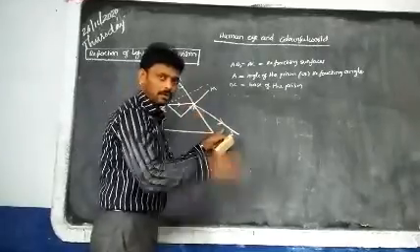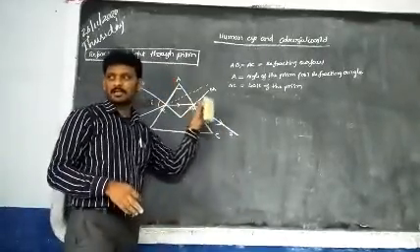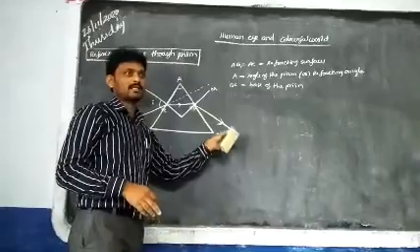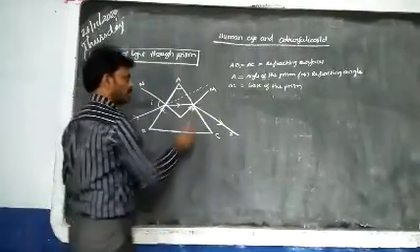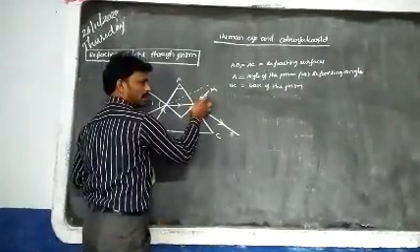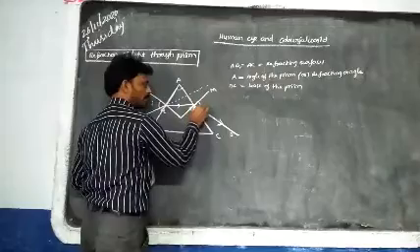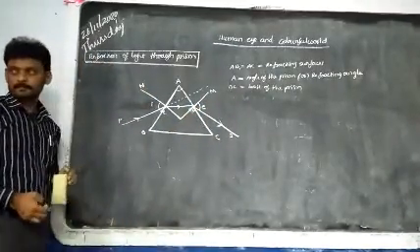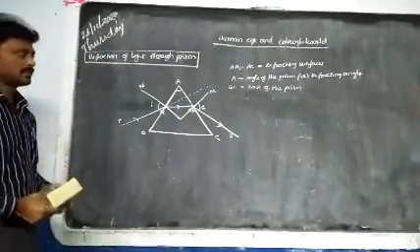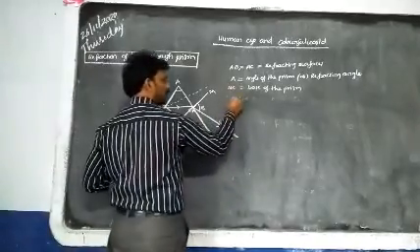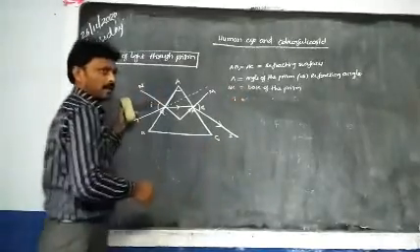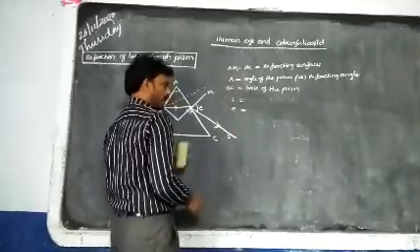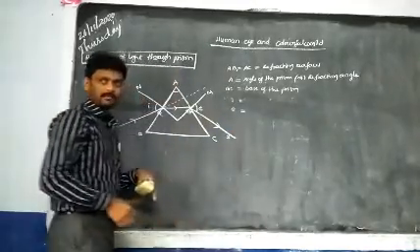The ray is coming out, so it is called the emergent light ray. And here between the normal and the emergent light, there is some angle, small e, known as the angle of emergence. So, what is meant by I here? Angle of incidence. What is meant by E here? Angle of emergence.